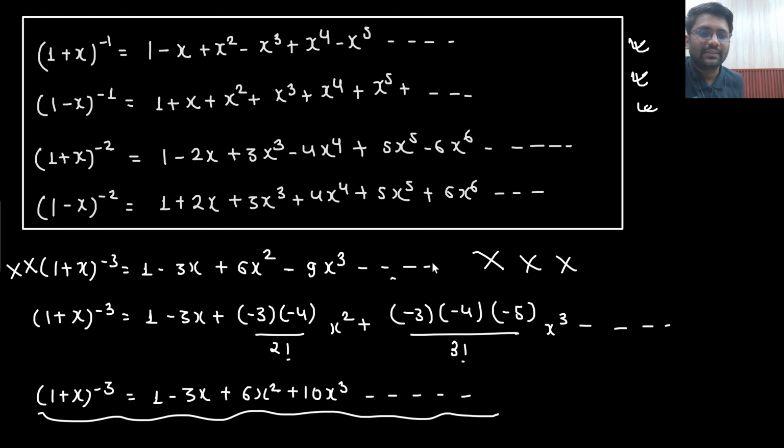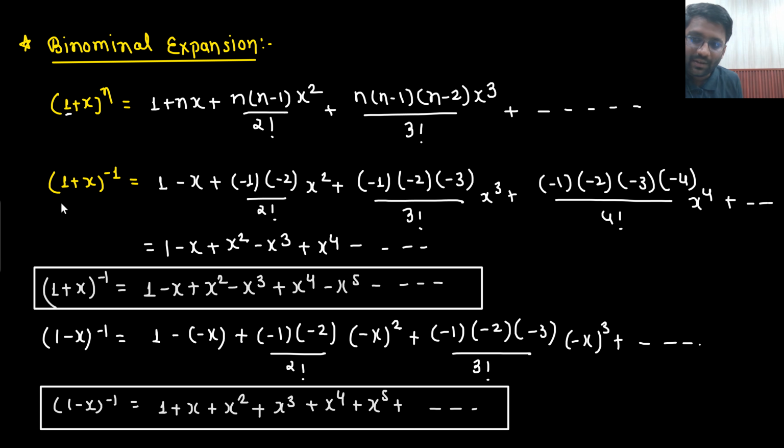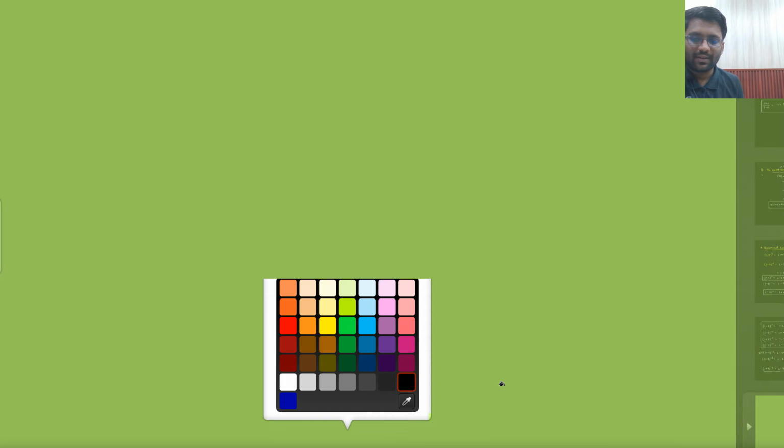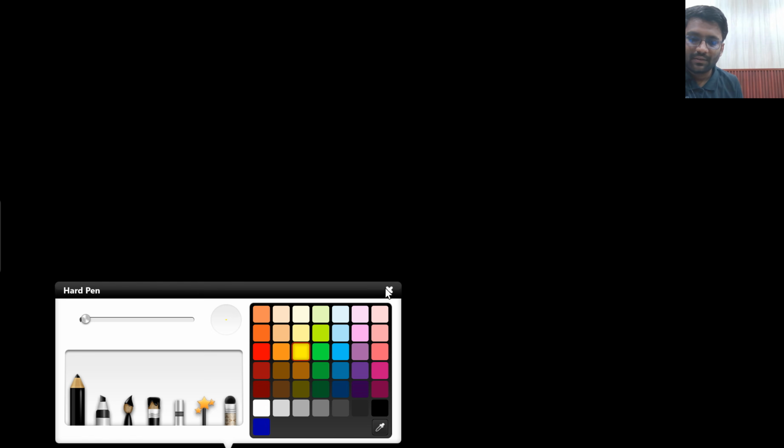Another thing you need to take care of is that here 1 is necessary. Whatever formula we have derived, this 1 is necessary: 1 plus x to the power n. So 1 is necessary. What if I ask you this question: